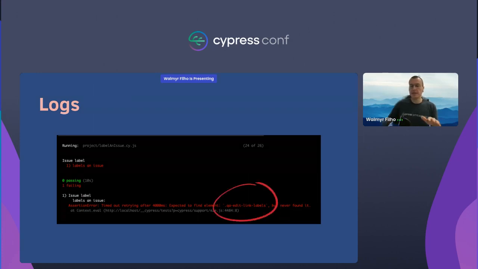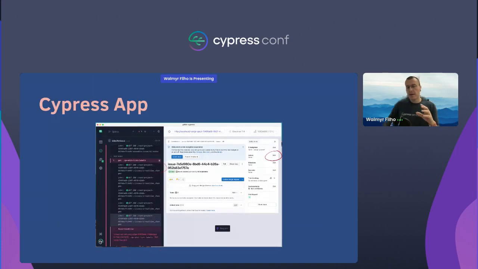It expected to find an element with the class QA edit link labels, but it never found it. So we already know what is going on. Cypress couldn't find an element with a specific class. So the next step, as I mentioned previously, is to open the Cypress app and reproduce the issue